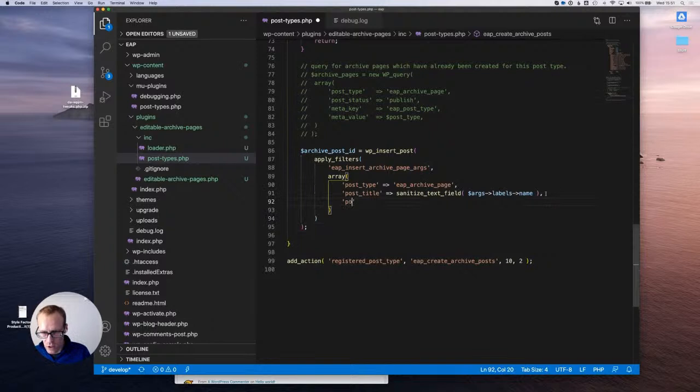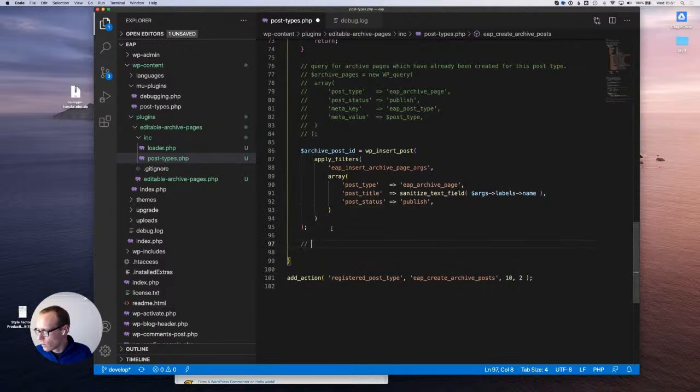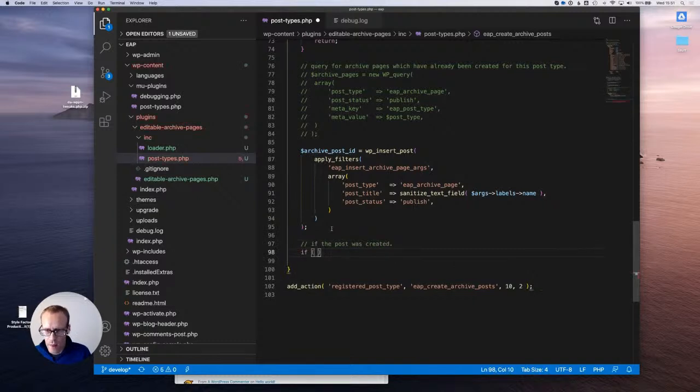Post status is publish. Beautiful. And then we'll tap that in a bit, nice and neat. I'm a stickler for neatish code. So then we need to check where that worked. So if the post was created, now I think,